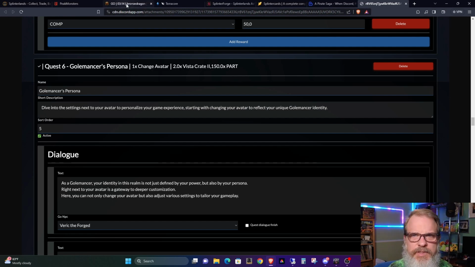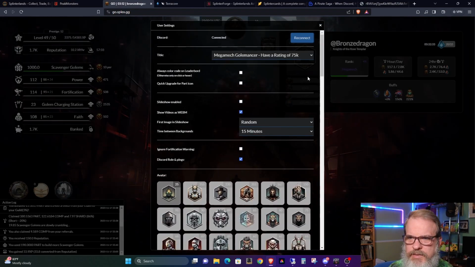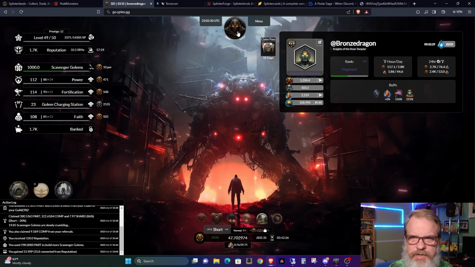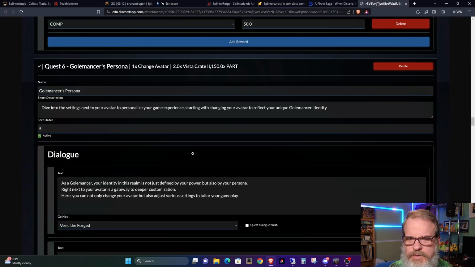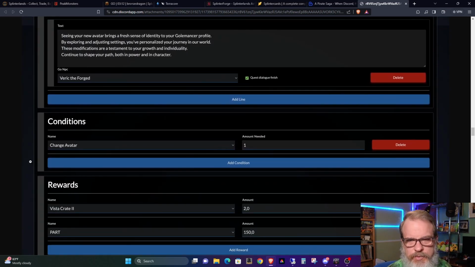If you're unfamiliar with where that's at, just go up here, you see the little edit button, click that, and you can come down here and click one of the pictures, edit your picture. Very simple. That was a pretty simple one. So he was just wanting to show people you can actually change your avatar. I guess a lot of people were leaving their avatar stock. So for this, you get 2 Vista crates